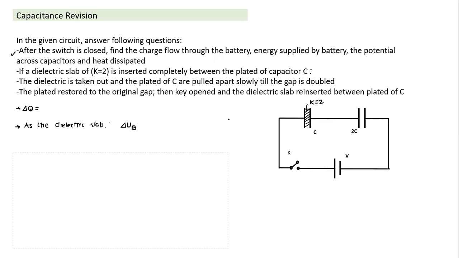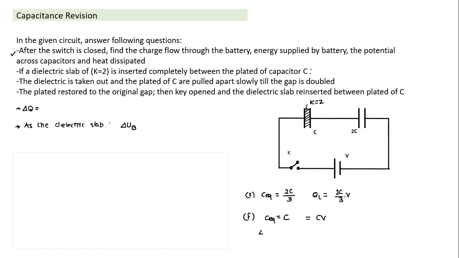We understood initially that whenever delta Q is involved, an additional charge flow, there is an initial circuit and there is a final circuit. In the initial circuit, the equivalent capacitance was equal to 2C by 3. In the final state, when we insert a dielectric slab here, this also becomes 2C, this also is 2C, and C equivalent has become equal to C. So in the initial state, what was the charge in the whole system? The charge was equal to C equivalent into V. It was equal to 2C by 3 into V. Now it becomes equal to C into V.